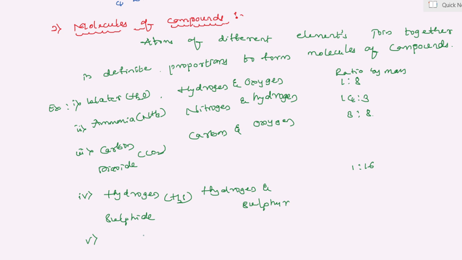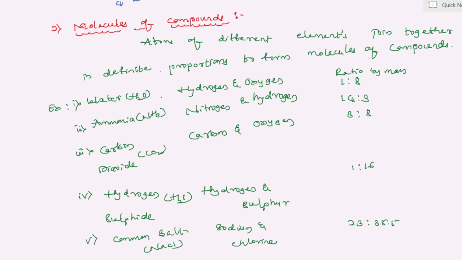Take another example, common salt, NaCl, sodium and chlorine, ratio by mass is 23:35.5. Yes, my dear students, here atoms of different